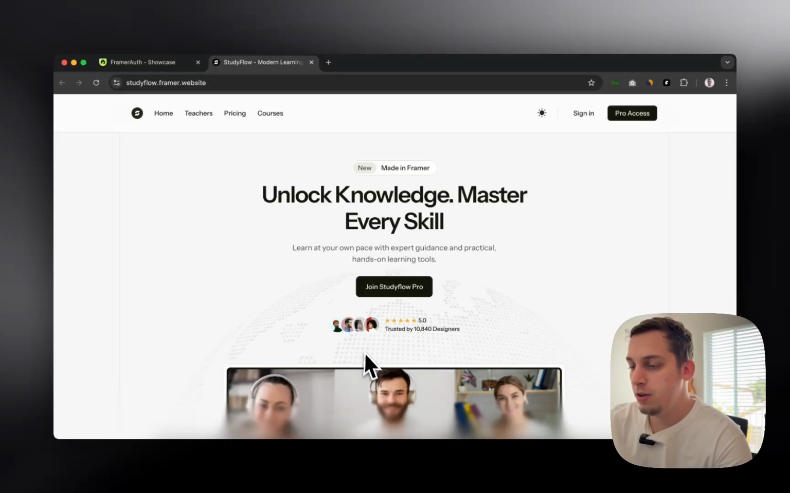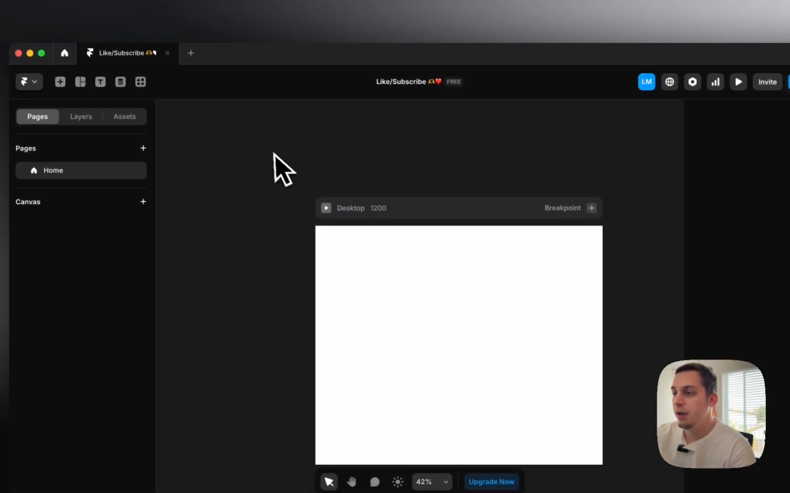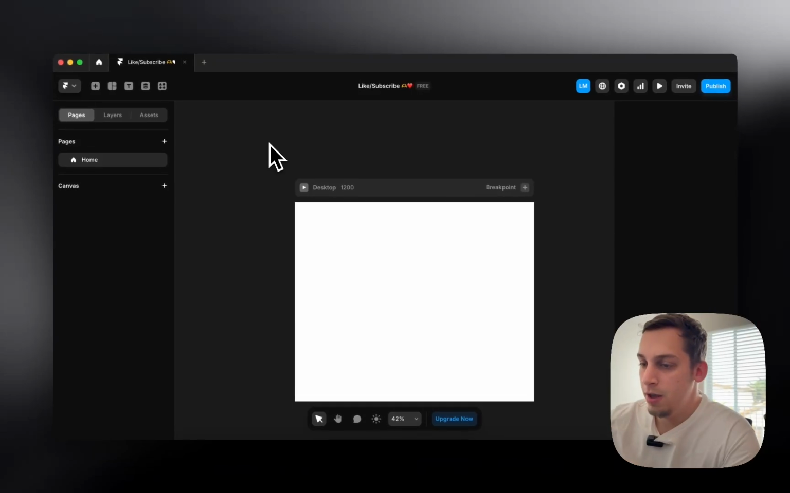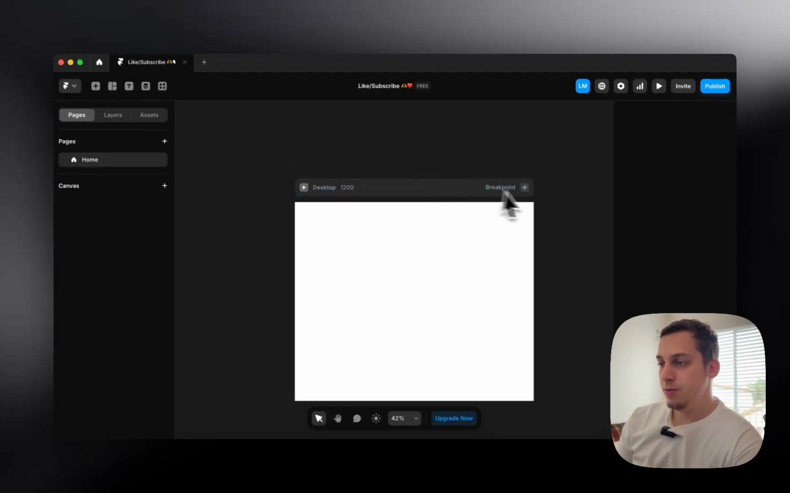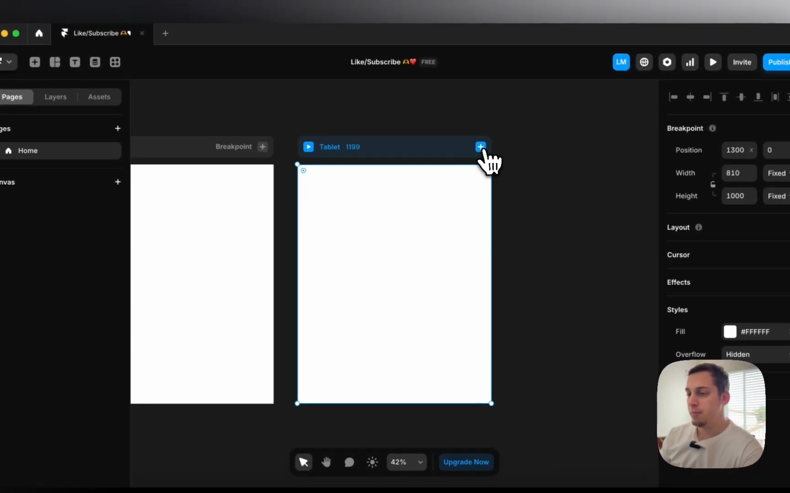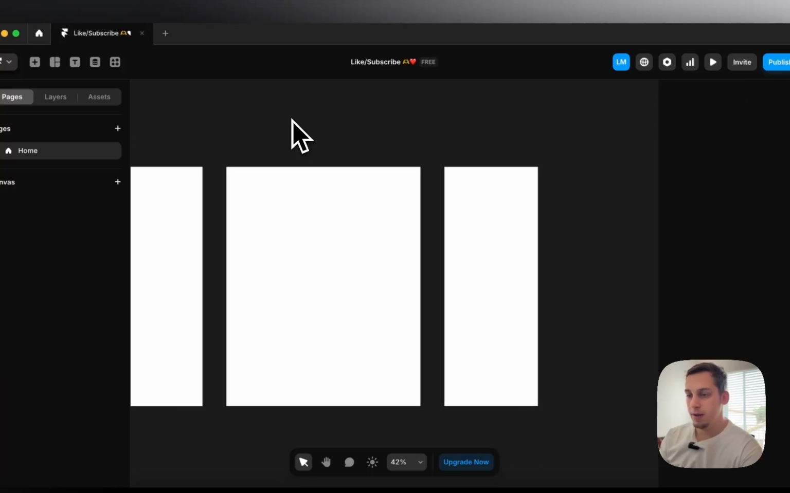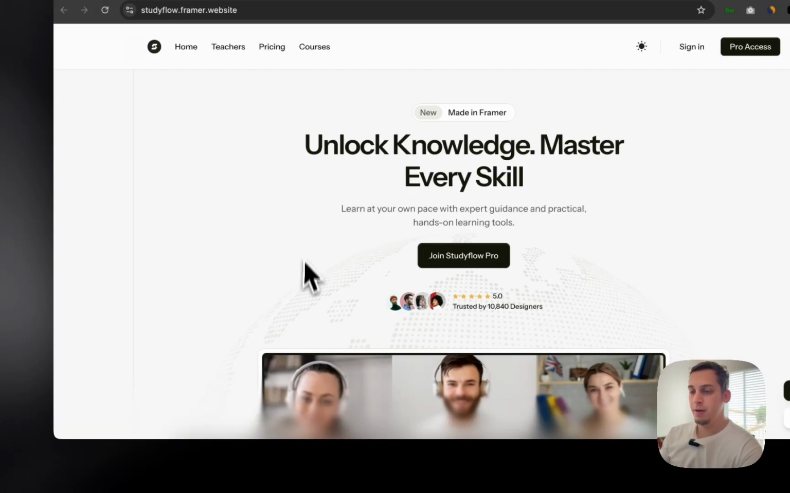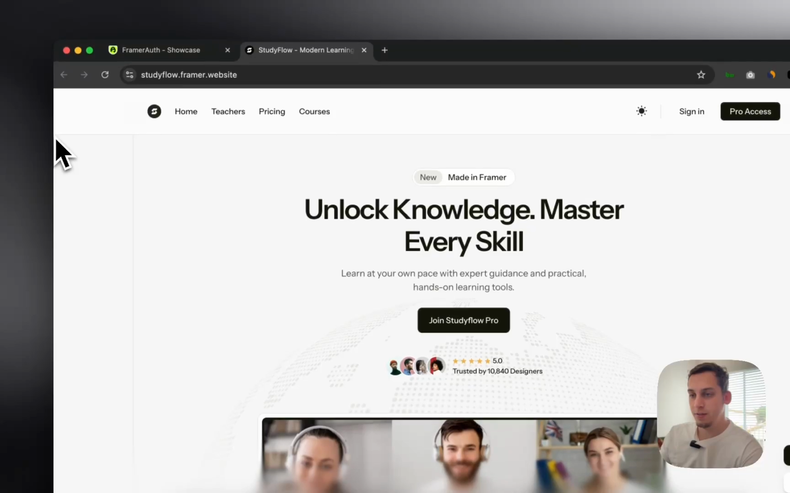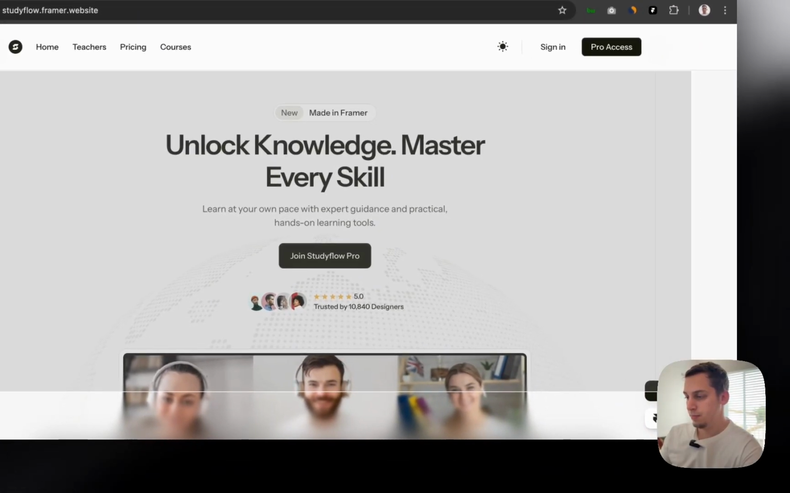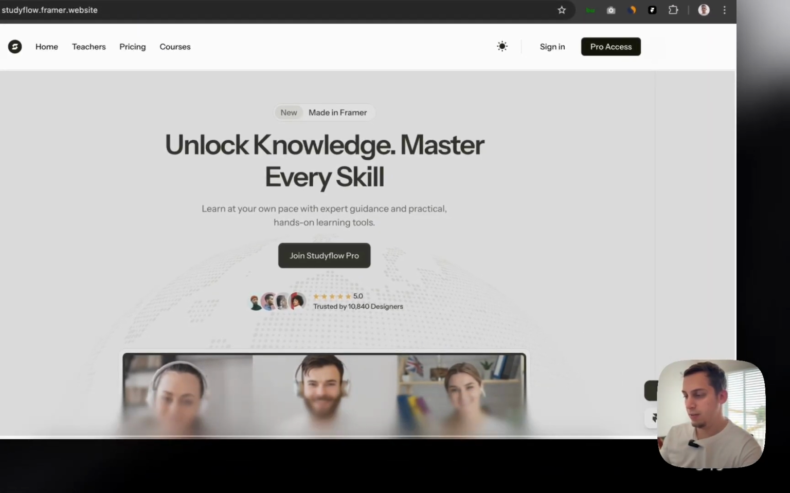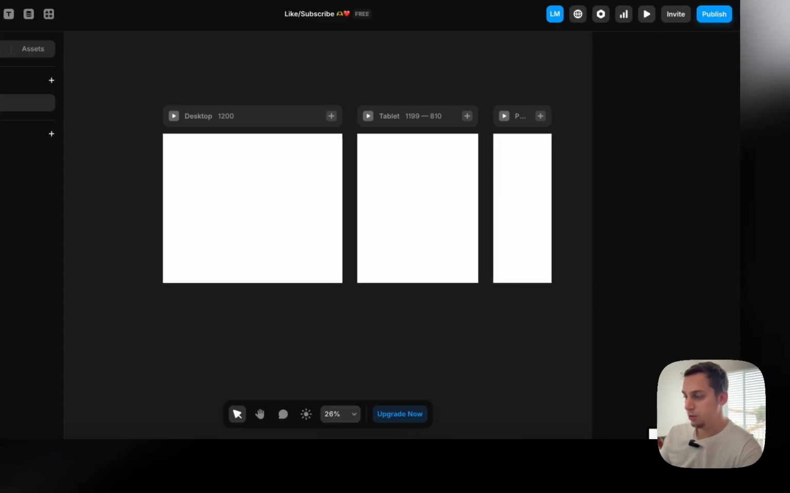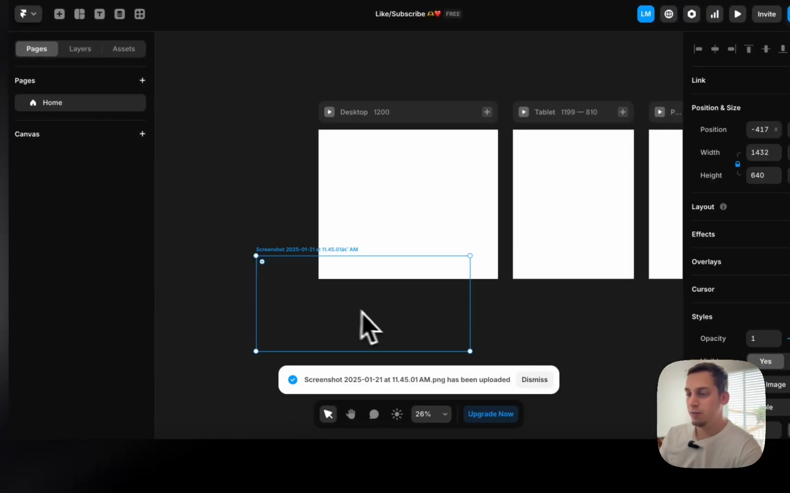All right, so the first thing you would want to do is obviously open Framer and open a new file. So I have this new file here, and we're going to set the different breakpoints, so tablet and phone. All right, and now we're going to go back to Chrome and take screenshots of these different sections, right? So I'm going to take a screenshot of this. I'll just make sure that it's like this. Boom. Go back to Framer, bring the screenshot to the top,